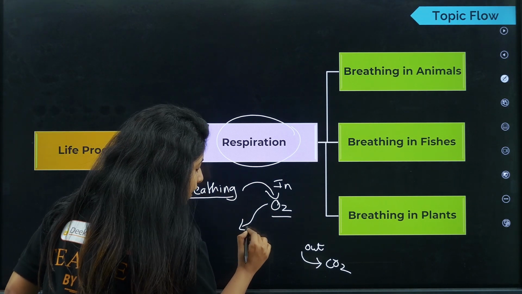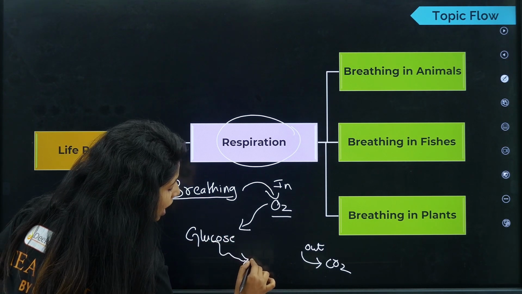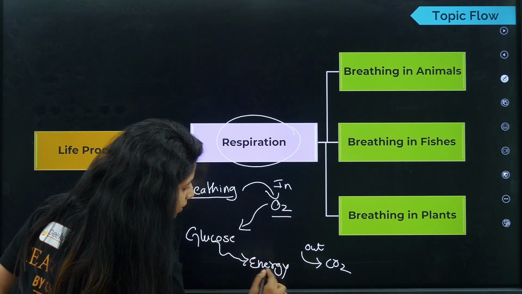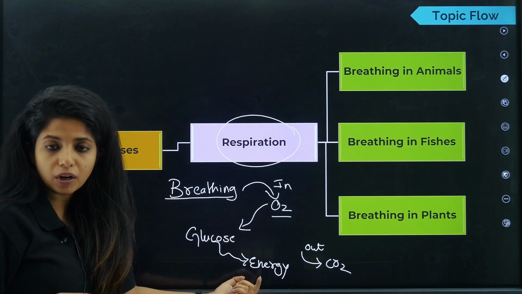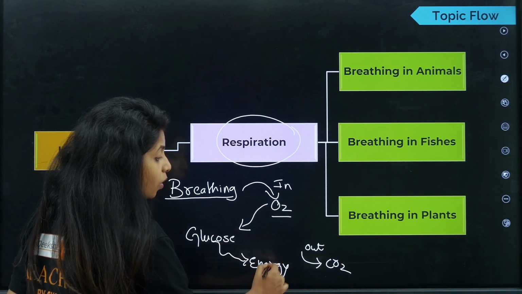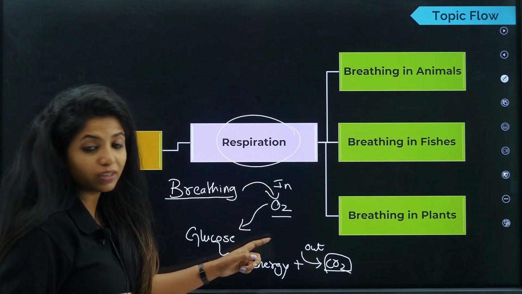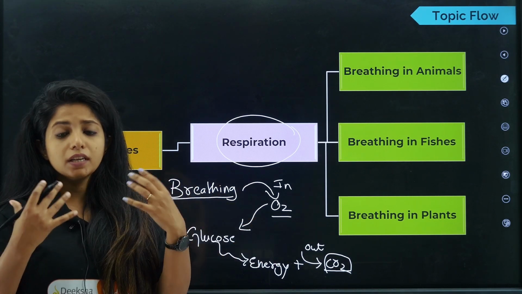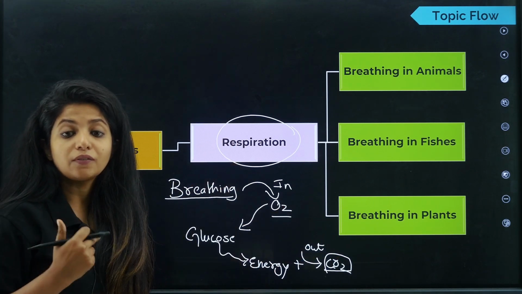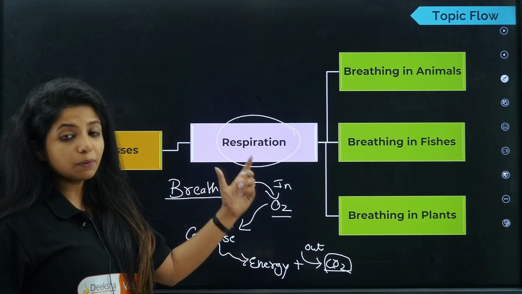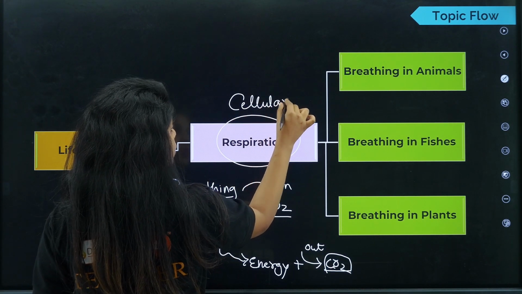Because you know what, in our body, in the presence of oxygen, the food that is there is broken down to give out energy. Only in the presence of oxygen, the food that is glucose can be broken down to give out energy. Also in this process, as a byproduct, CO2 is released, which is why we say that in our body, when we take in oxygen, CO2 is formed and that is released. So this is the source of CO2, which we give out during the breathing process. So respiration and breathing are kind of interlinked. I can call this process cellular respiration, to be precise.